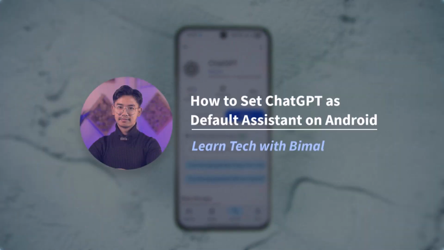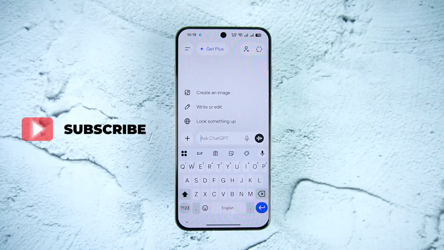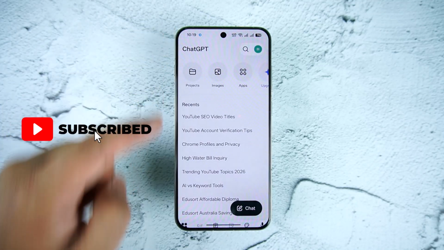How to set ChatGPT as default assistant on Android. To set ChatGPT as a default assistant on Android, launch ChatGPT and tap the menu icon from the top left,